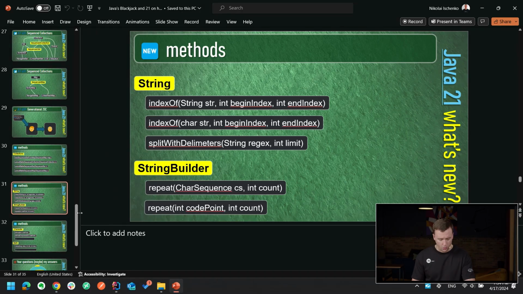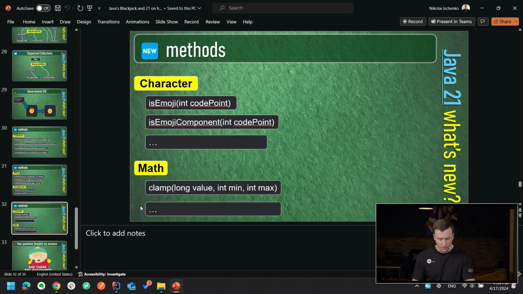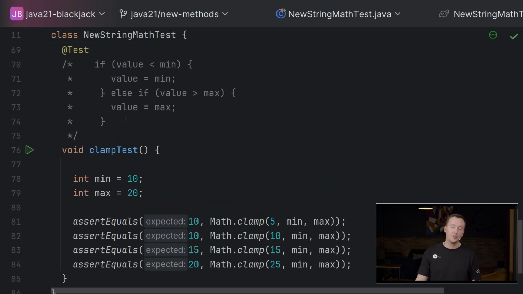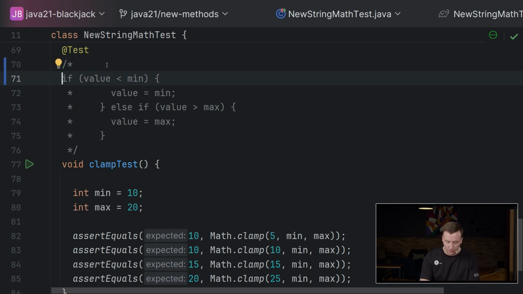And the last one, I hope that this is the last one. Yes, this is the last one. The last method that I wanted to show you is clamp, but here I don't know what I can tell you. It's a pretty easy method. This is the implementation of this method. But before,